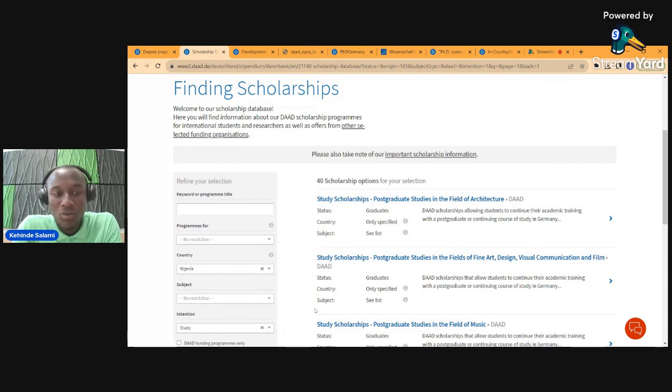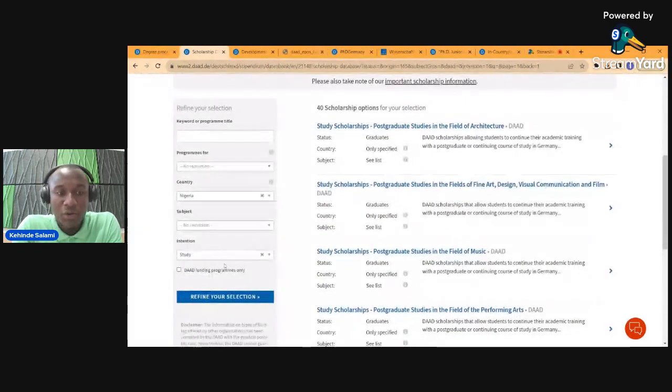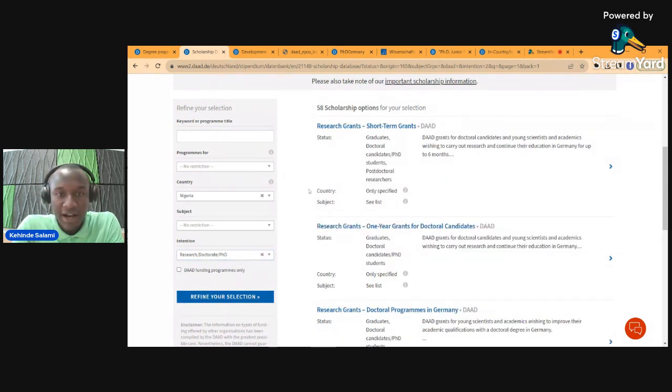So it now depends on what you actually want. Like now, this study means that I want a study program, like a normal master's program without full research. But if I want something that is in research, I'll just say, okay, I want research, doctorate, or PhD, and I can refine my selection.